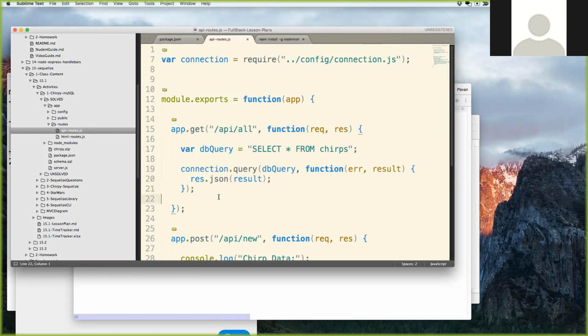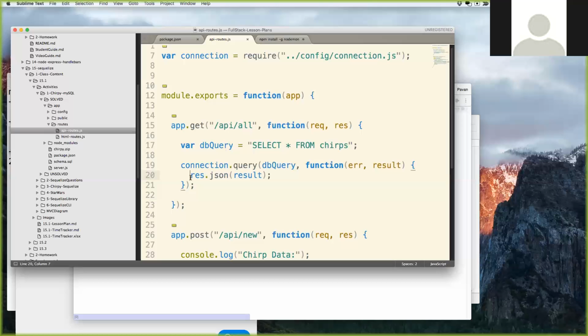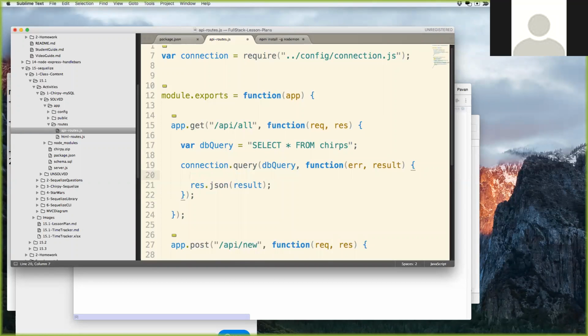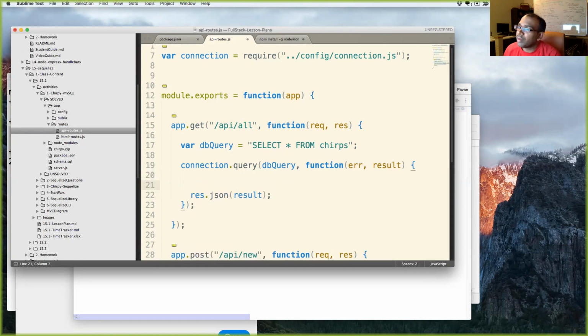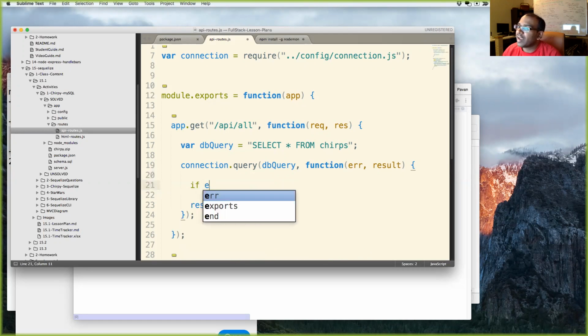I guess you wouldn't have to put the error parameter or the argument in. It just kind of automatically does it there. Yeah, that's a really good point. I mean, you could say if error, and then just throw it. Res.json results. And you could say